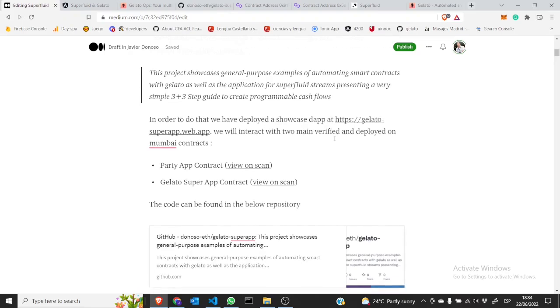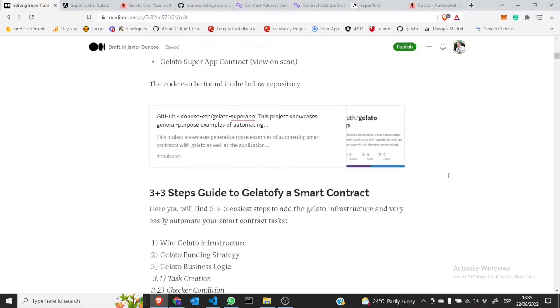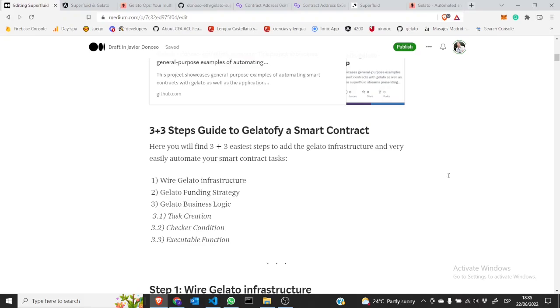We have already built a DApp and it is deployed, and we have two contracts that we will interact with, and they are verified on Moonbeam. You can see the code of the whole project here, but before we jump into the demo, let's see what the 3+3 steps are